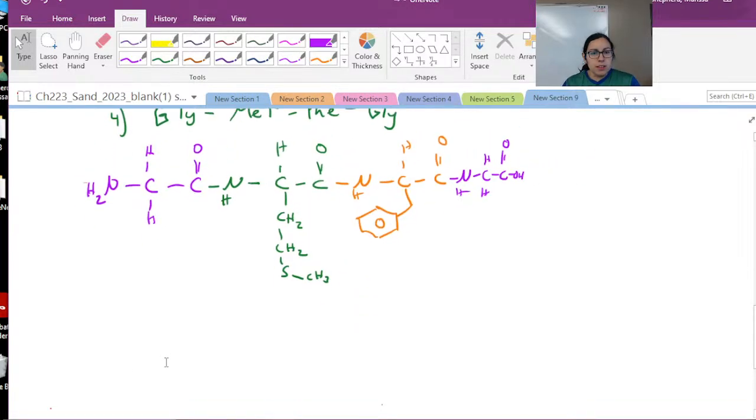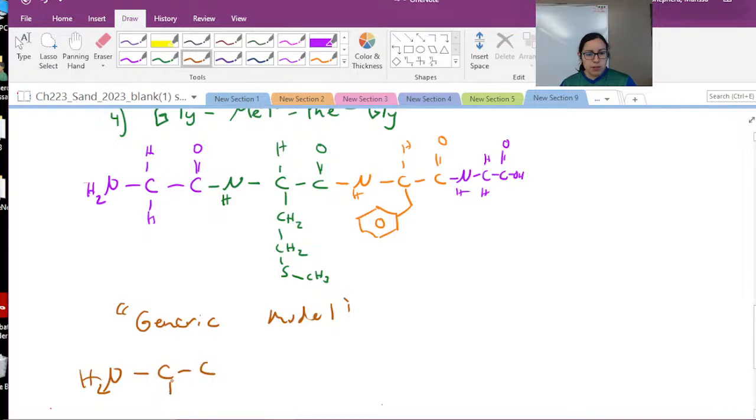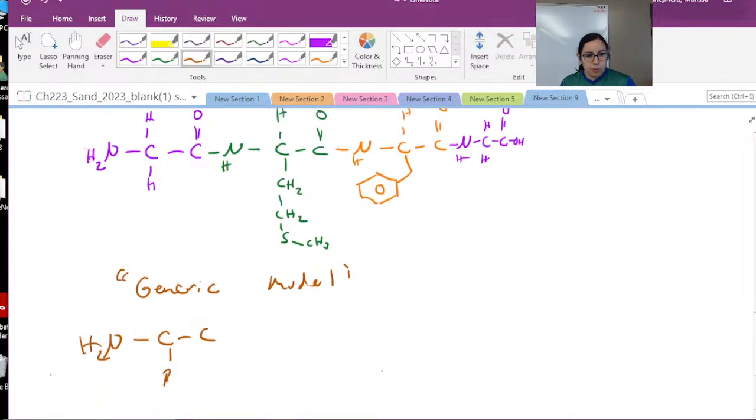Yeah, so let's do that. We'll sketch our generic models. So we always have the same format, right? Our amine, then carbon, carbon with our R group, H, double bond, right? And then it starts again. Amine, carbon, carbon, right? Now your R, whatever R group again, carboxylic acid,